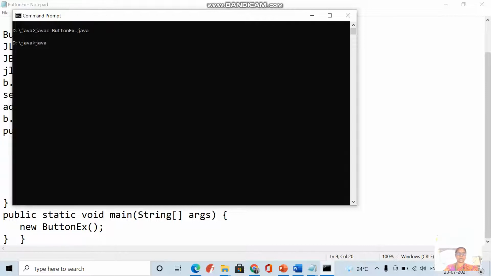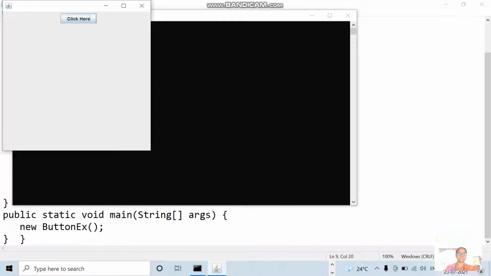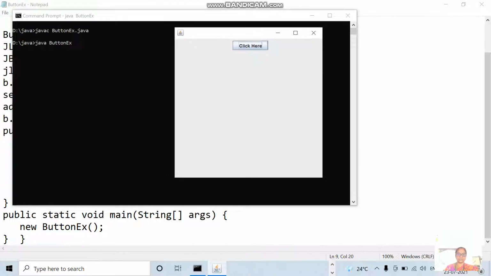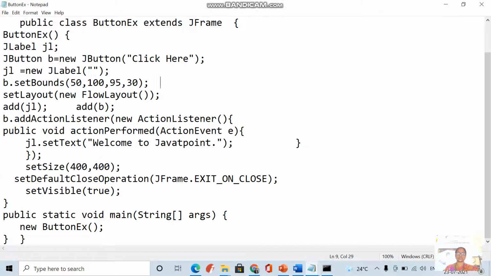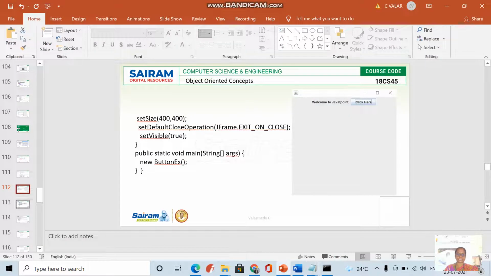Now we are executing the program using the java command. Yes, now it's being displayed. When I'm clicking the button, it shows the message "welcome to Java point". Right? When I close this frame, it will automatically exit from its execution. So this is the button example program.